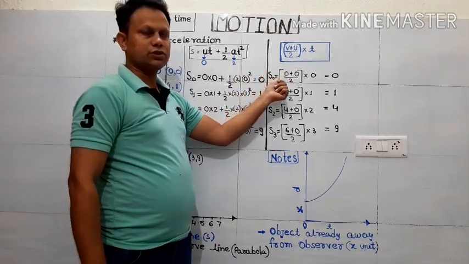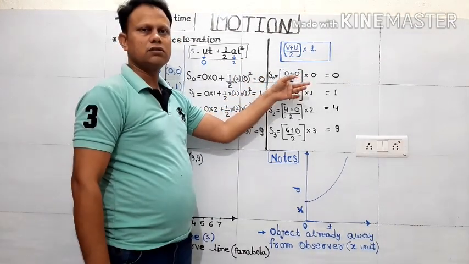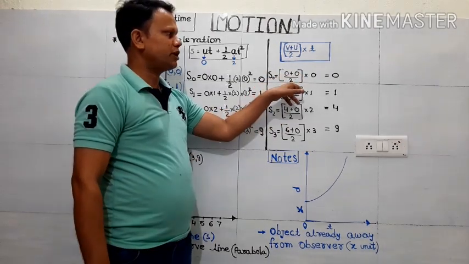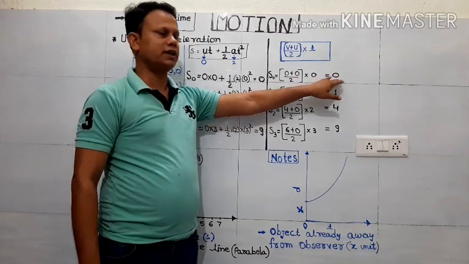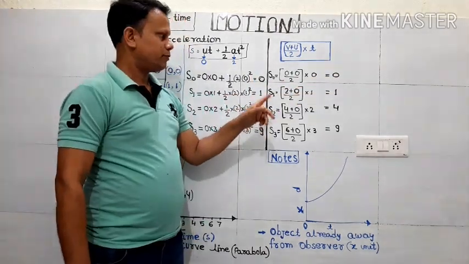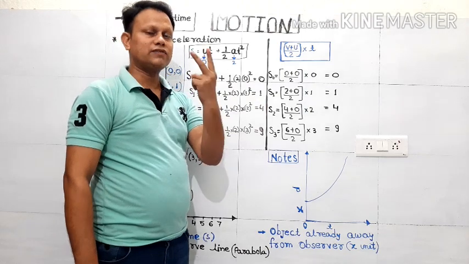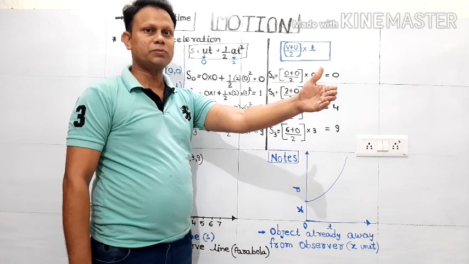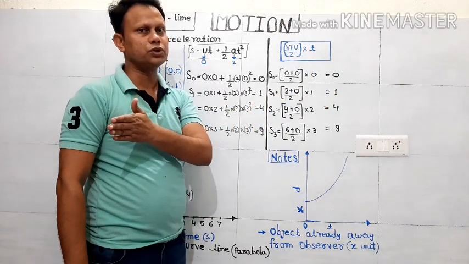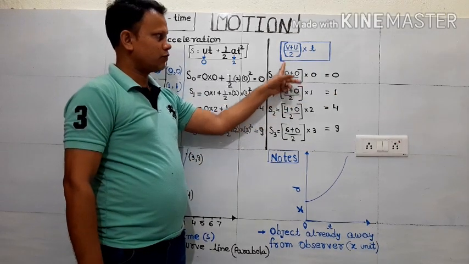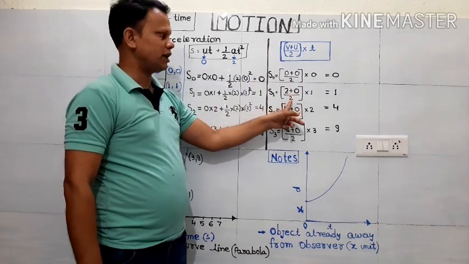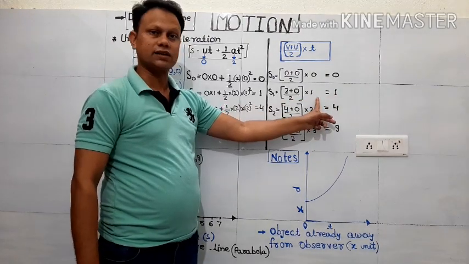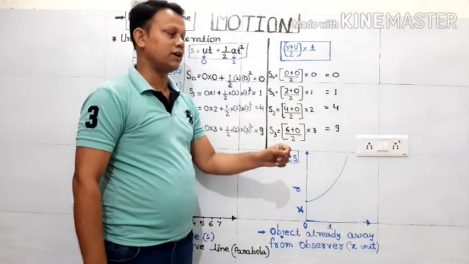So for example, at 0 seconds, the initial velocity we are taking is 0. Final will also be 0 because the body has not started its journey. So 0 plus 0 by 2 into 0. So finally 0 will be there. So you can find the same value. After 1 second, obviously due to acceleration value 2, the speed will become 0 to 2. So final velocity will be 2 meter per second now. Initial will still remain 0. So when we put it here, for v we write 2 plus 0 by 2. That means 2 by 2, that is 1, into 1. So time is 1 second. So the final value is 1 meter.